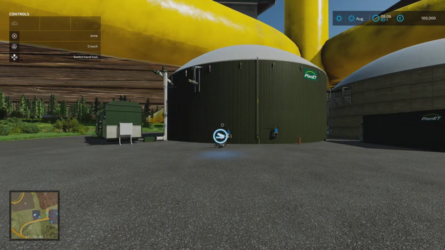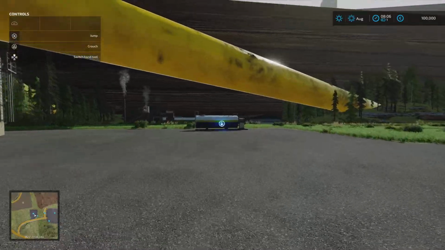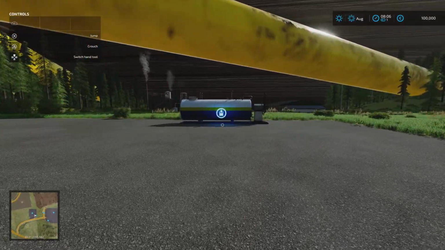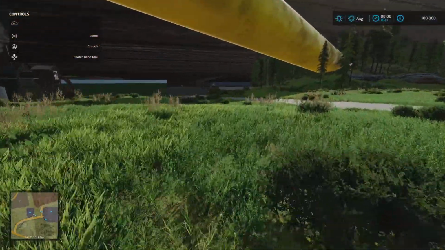As far as I can make out, it's just a sell point. Next to that we've got a fuel point. Again, it's not one you fill up. This is just you come here and you buy fuel. If we head down from here, now it does say for PC,